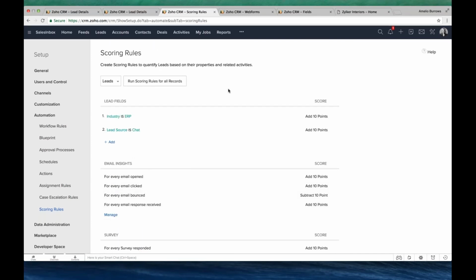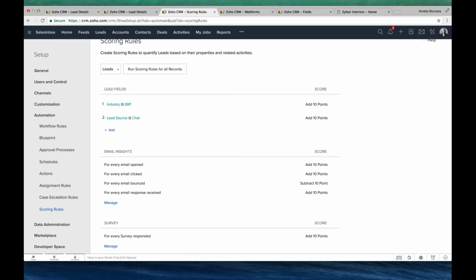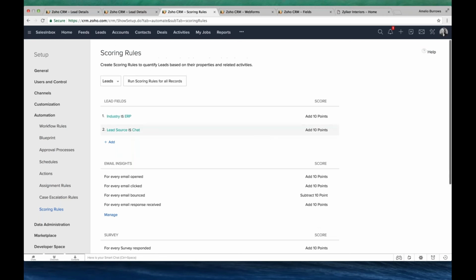I have created a few rules in which, if the industry is ERP, I have added 10 points to it. If the lead source is chat, again 10 points. Similarly, for each and every aspect of the configuration, I have added some scores.